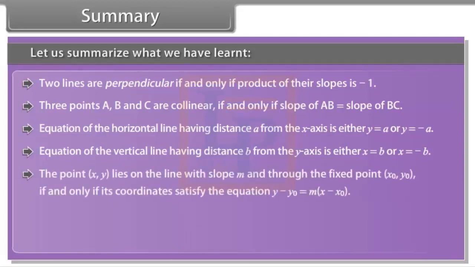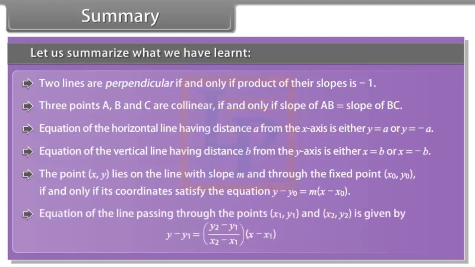The point (x, y) lies on the line with slope m and through the fixed point (x0, y0) if and only if its coordinates satisfy the equation y minus y0 is equal to m into (x minus x0). Equation of the line passing through the points (x1, y1) and (x2, y2) is given by